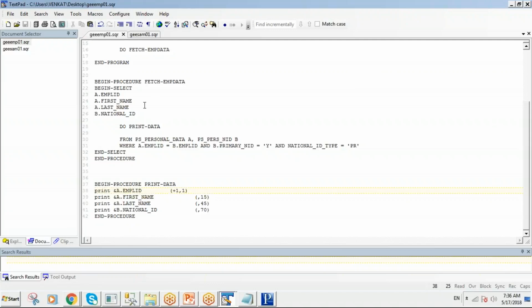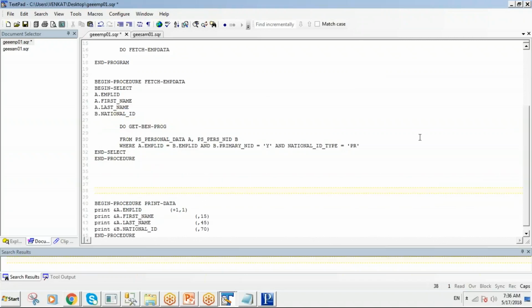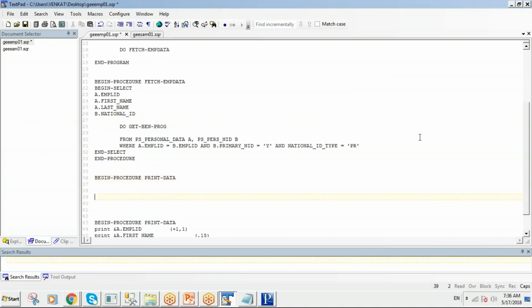We will do that. Here, whenever I fetch the employee information, I am not printing the data. First point, get benefit program for this employee. Then again, end procedure. Here, begin select, and select. Here I am fetching